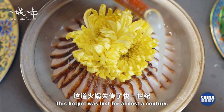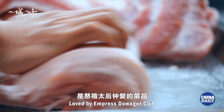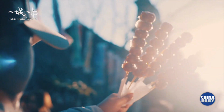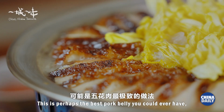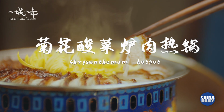This hot pot was lost for almost a century. Loved by Empress Dowager Cixi, it is now restored for everyone. 对吧？吃了吗您呢？ This is perhaps the best pork belly you could ever have. It needs over 100 hours to prepare. 菊花酸菜卤肉热锅。